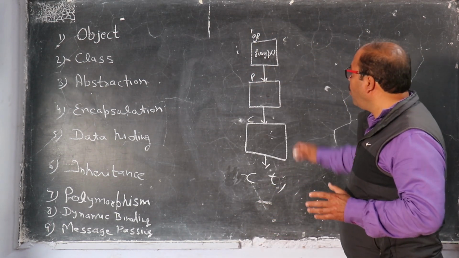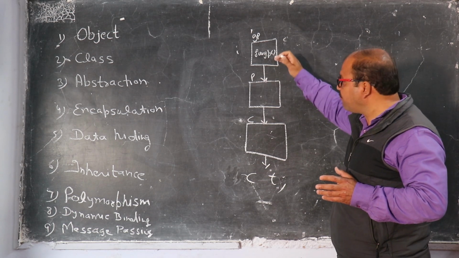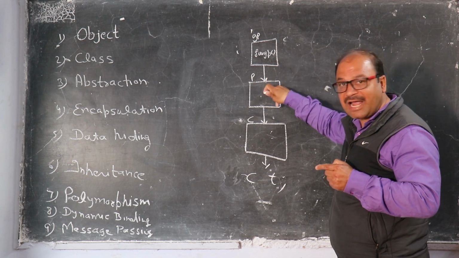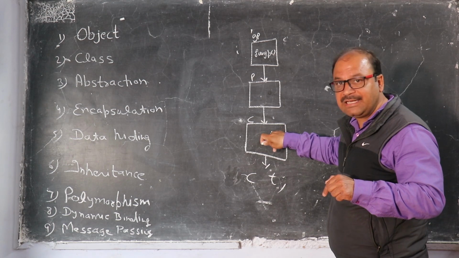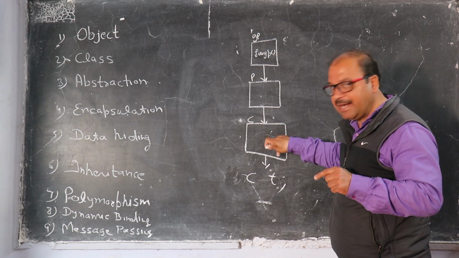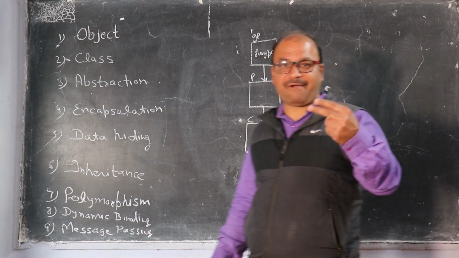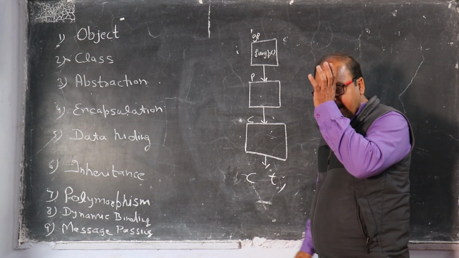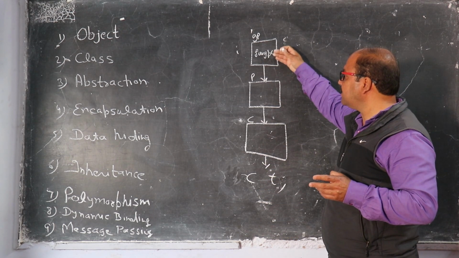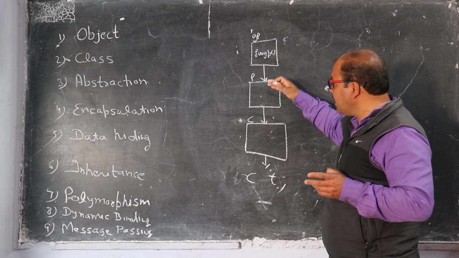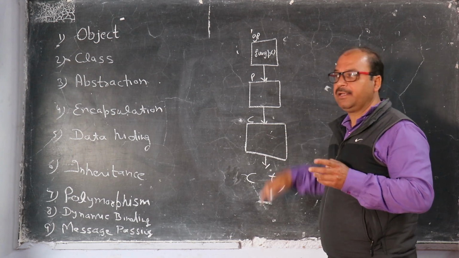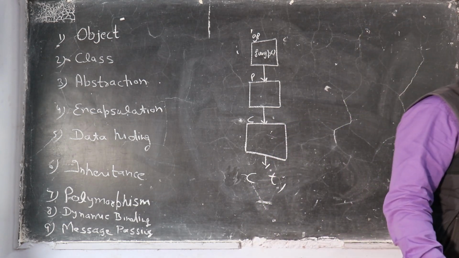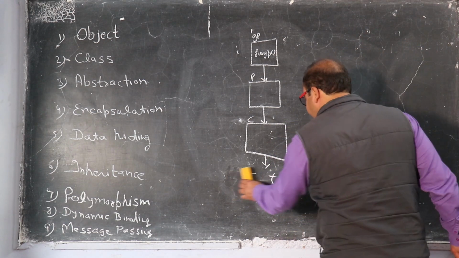When the property of a grandparent class is acquired by its child and further the property of this child, which is now parent of class C, is acquired by the child class. Now there are 2 levels of inheritance, right? So this is called multi-level inheritance, right? So multi-level inheritance is what? When the property of the grandparent is acquired by the parent, which is further inherited or acquired by its child. This is called multi-level inheritance. Now the last type of inheritance is hybrid inheritance.